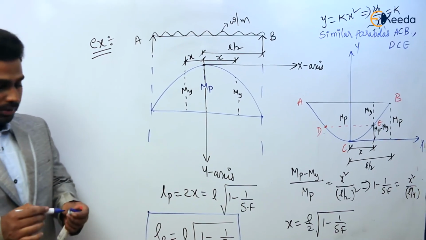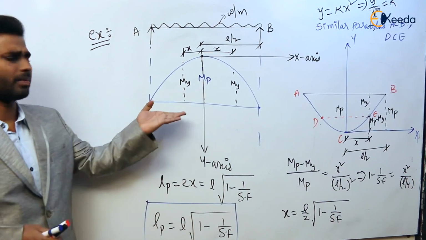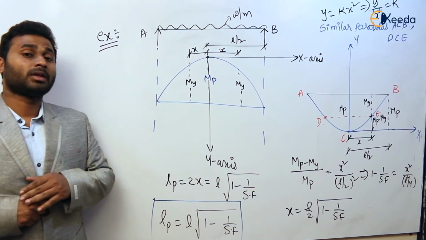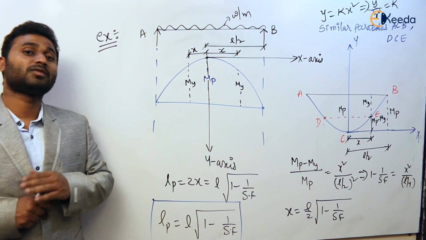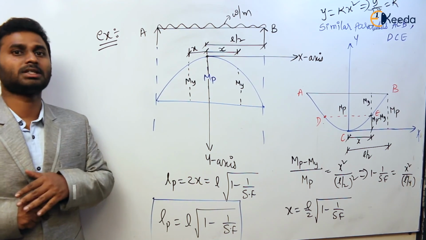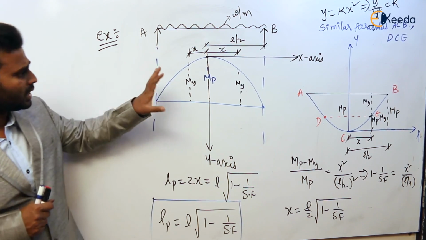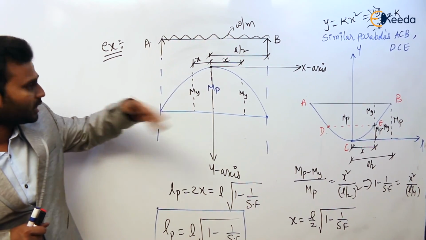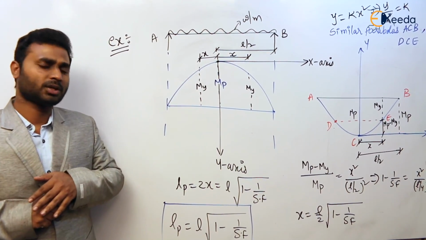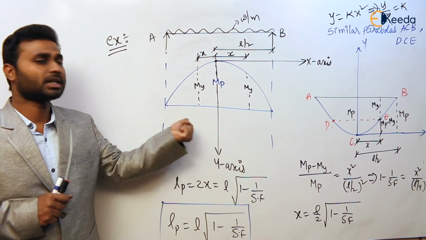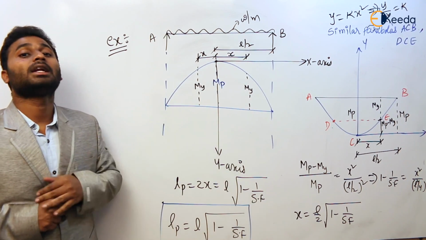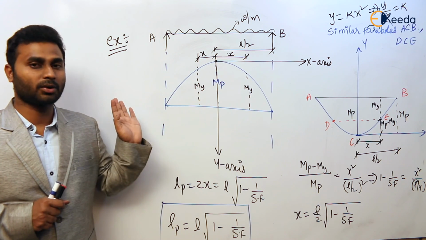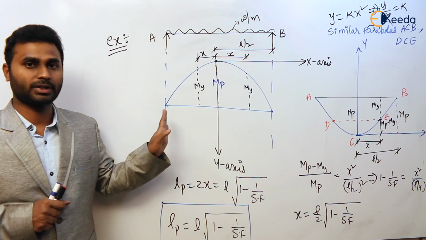So write down. This is the most complicated case. In examination they will not ask to find the plastic hinge length for a more complicated bending moment diagram, because the equation is complicated. This is the most complicated thing they can ask in examination. More than this, the question will not go. Mostly this is the most complicated case in the calculation of plastic hinge length that will be asked in examination. So take it down.